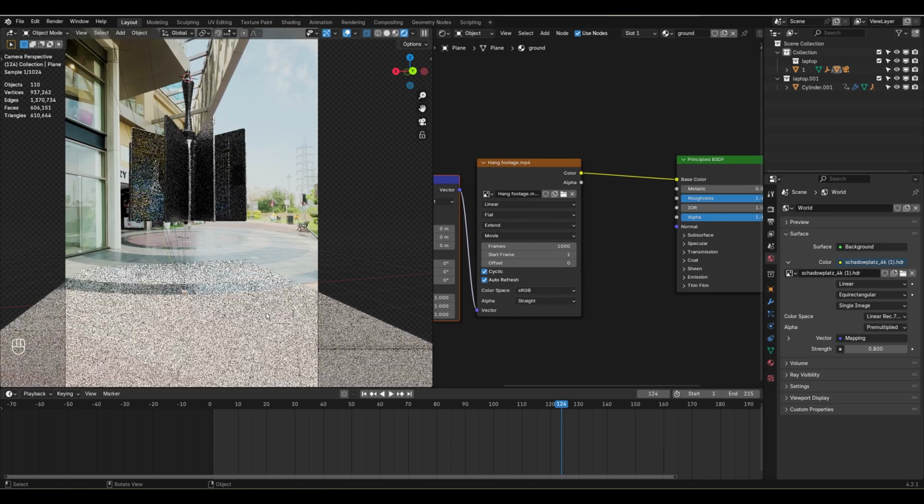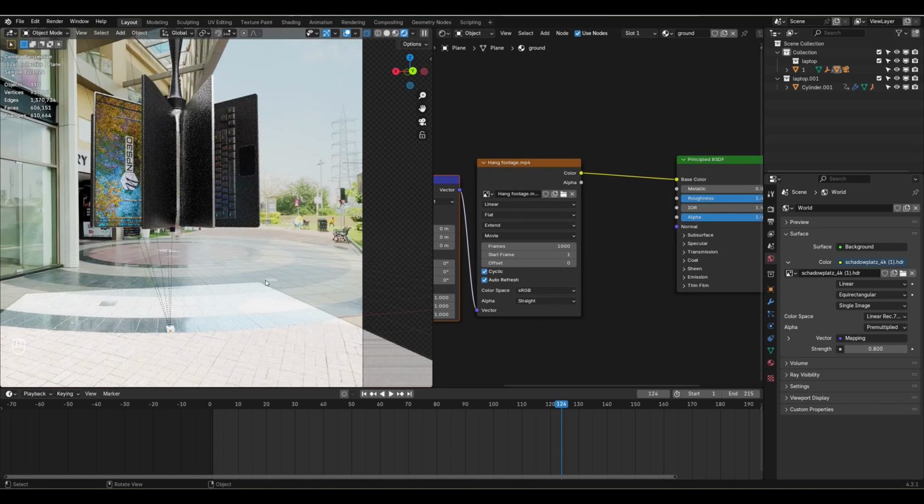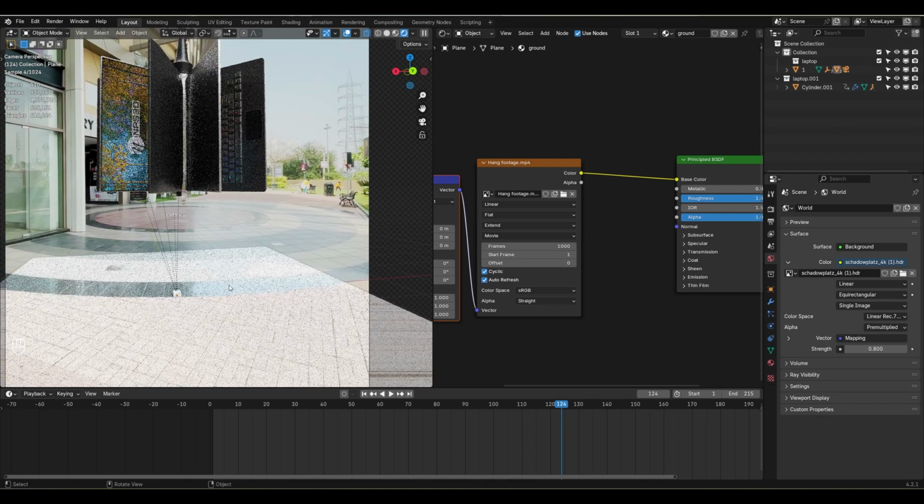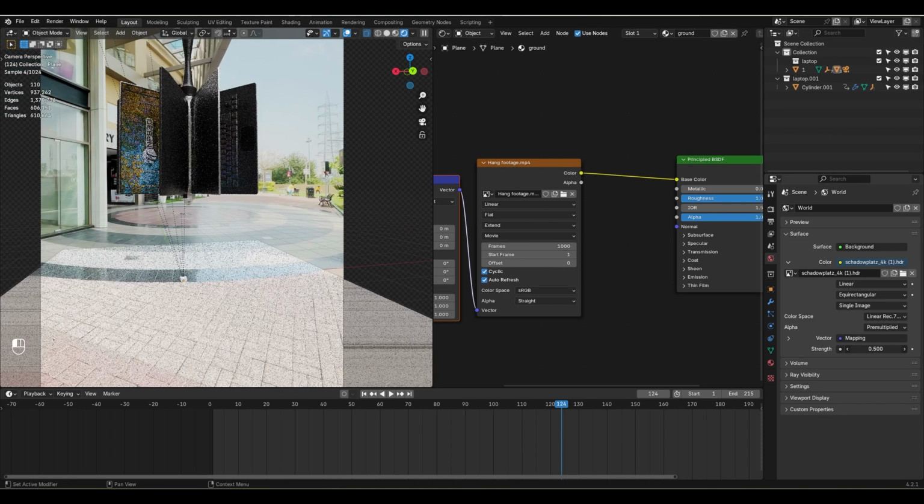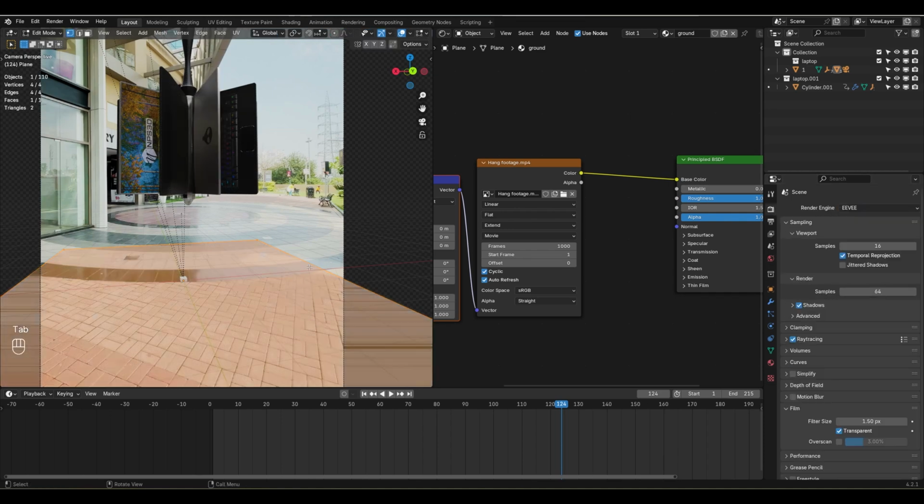And this is another way to identify the overall lighting according to this one. So I can go to this strength and just make it 0.5 and maybe 0.3, something like this. So let me go to the EEVEE mode and let's go inside the edit mode